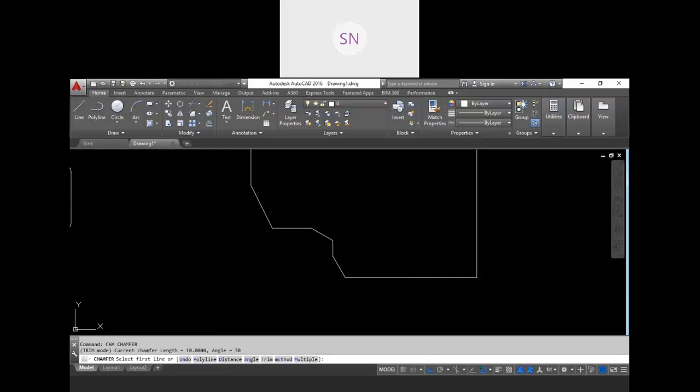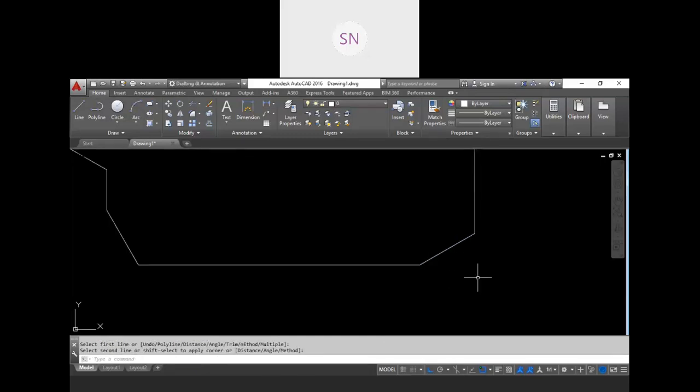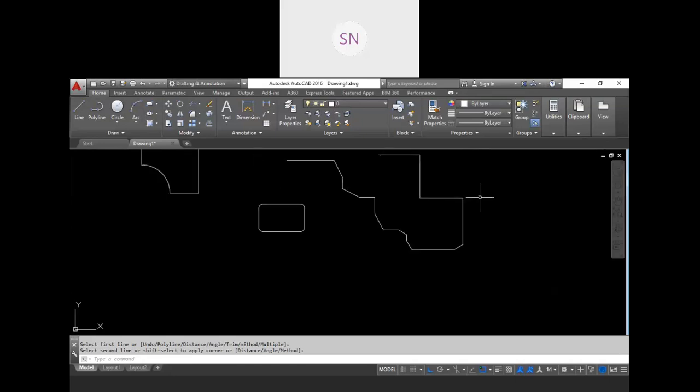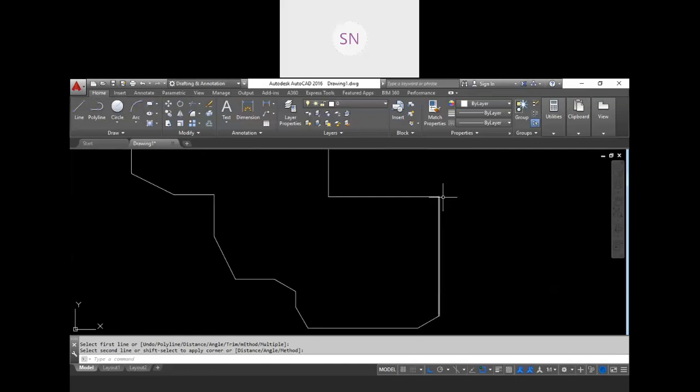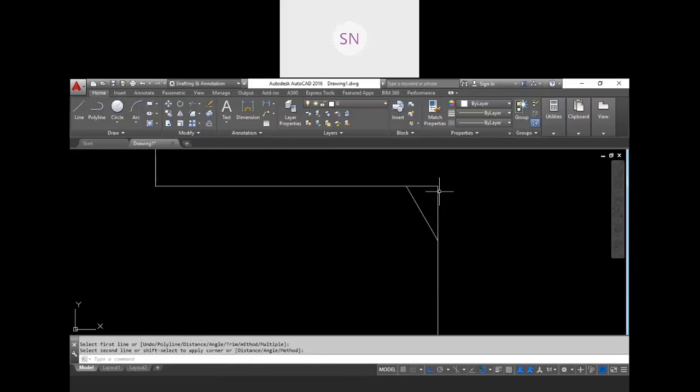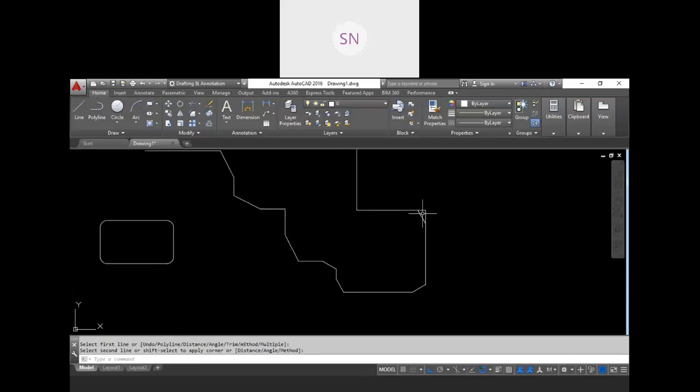Now let's discuss the trimming, right? So see, this is the first line, this is the second line. So it is actually going to trim our actual line. But for example, I don't want to trim my line. So go to the chamfer and go to the trim option, and I'm going to select no trim over here. Then this is my first line and second line. So see, this corner is not going to trim. We have to trim it manually, right?